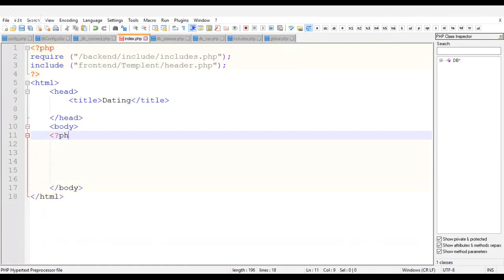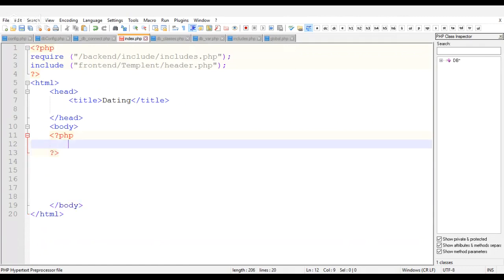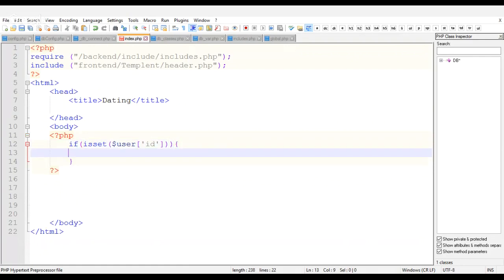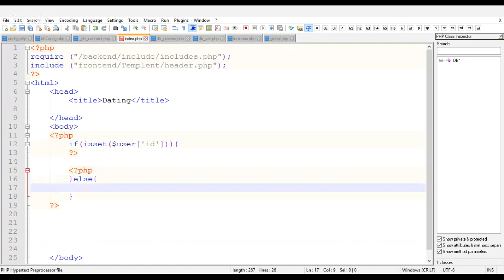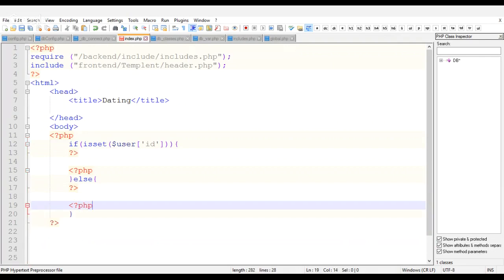We're going to have the PHP file right here. If isset user ID, else. So in this else statement right here, we have if user ID is set,